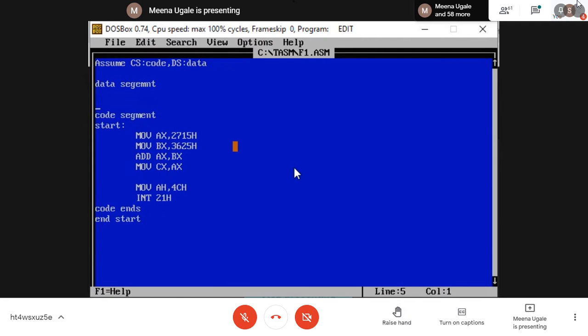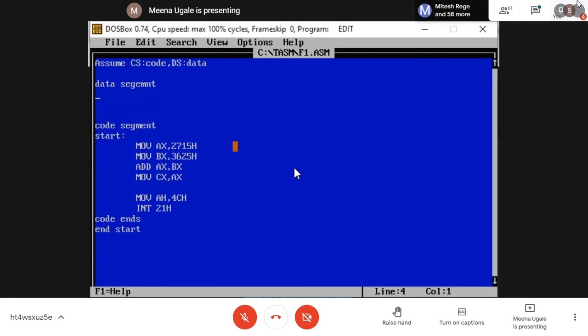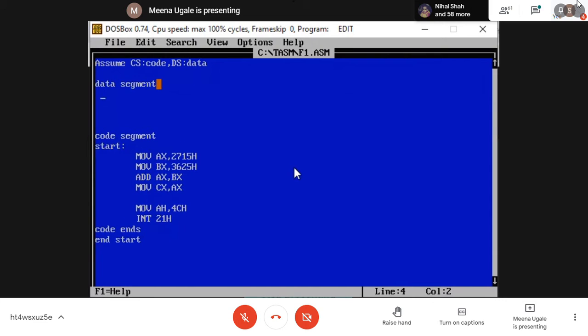Open your data segment. Now this data segment is used when you want to, sorry, my spelling mistake. Now I'm going to declare a few variables here in the data segment. I want to keep my data in the data segment and use that in my program. So how to use that? See here first and then you type. Any variable names you can use here.